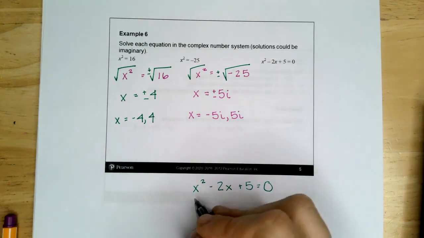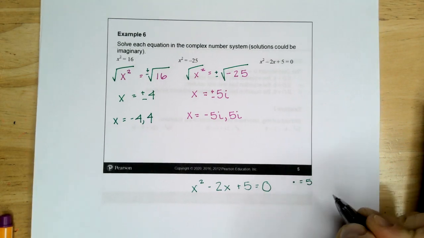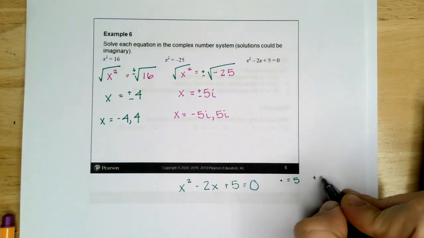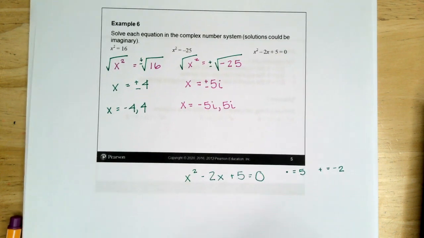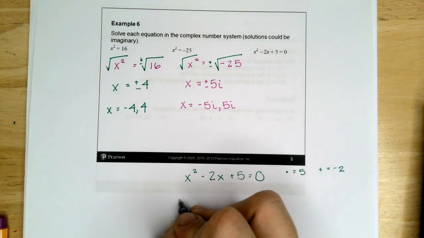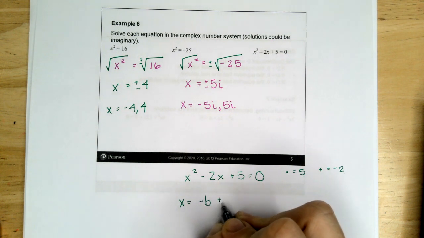Now, if I was to factor this, I know there's nothing that will multiply to equal positive 5 and also add to equal a negative 2, right? Because the only factors of 5 are 5 and 1, and 5 and 1 don't add to a negative 2. Negative 1 and negative 5 don't add to a negative 2. So what I want to do is use the quadratic formula, which is x equals negative b plus or minus